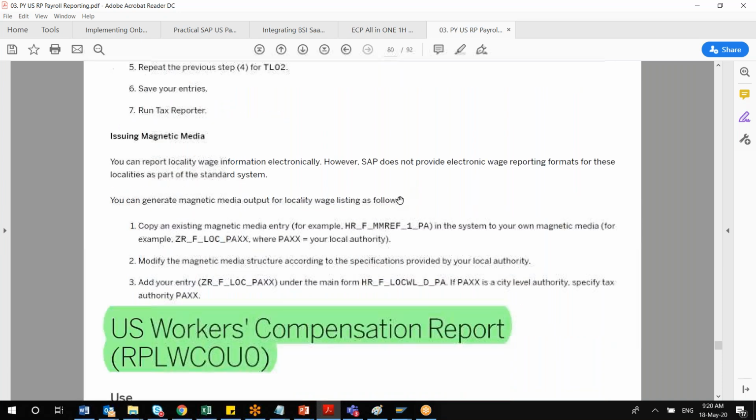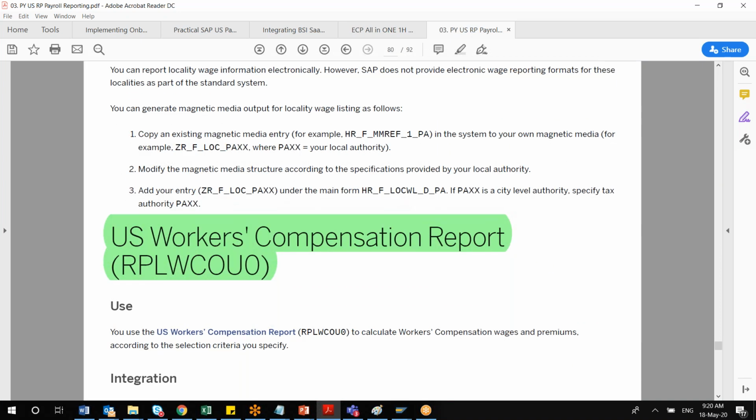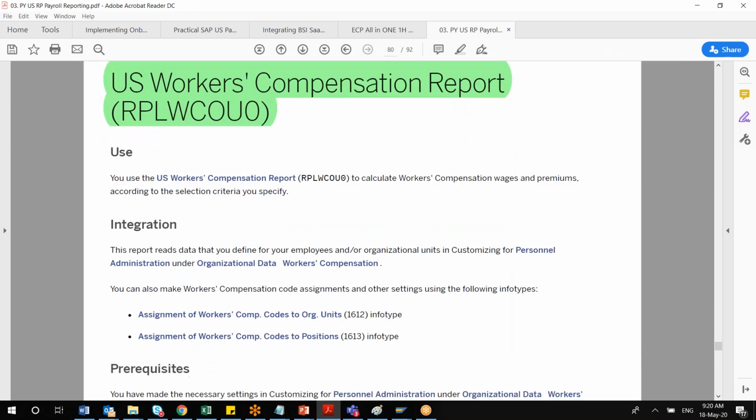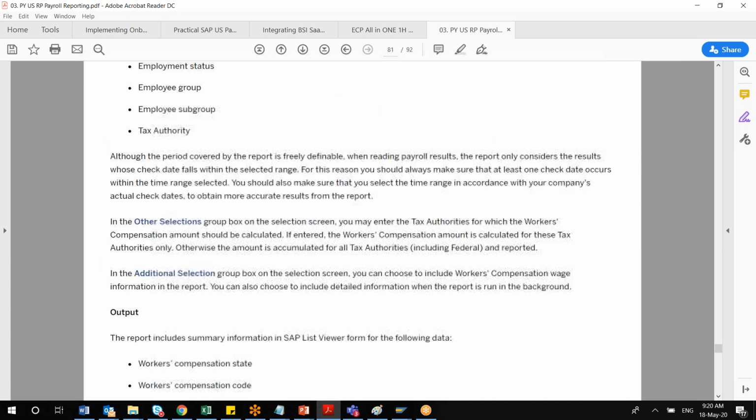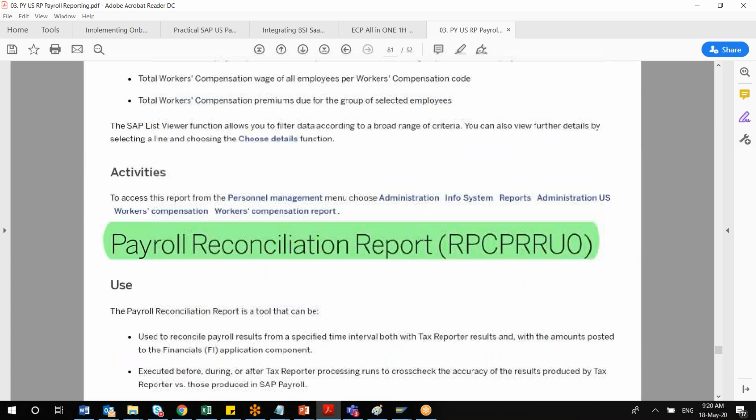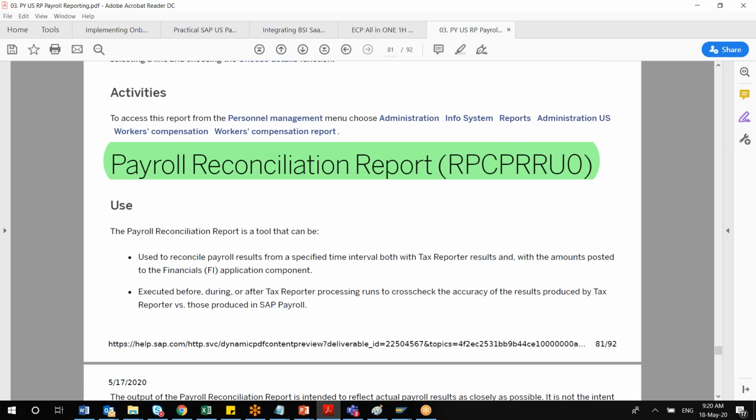And there are some compensation reports also for workers, labor law related. All these reports will be available in your system, and you can explore all this. This is complicated in the sense the volume is very high. Means it's not complicated, Andy. The thing is, you have to understand the definition of each report, that is, what each report is meant for. That is one of the key things you have to understand.